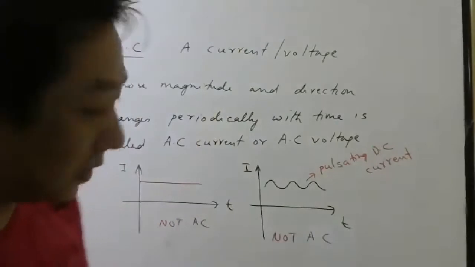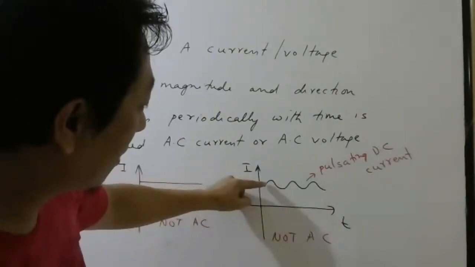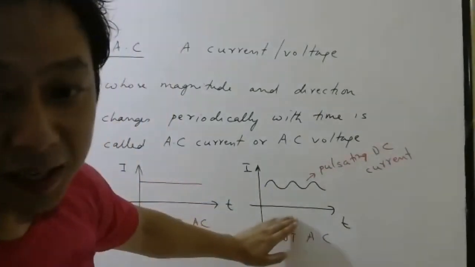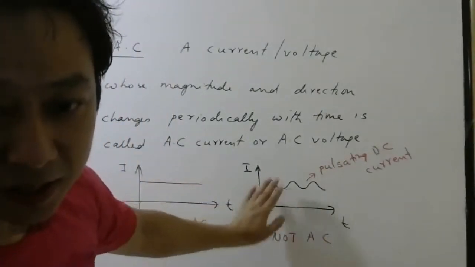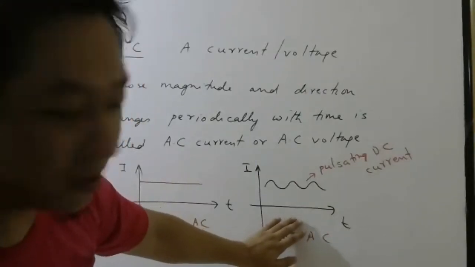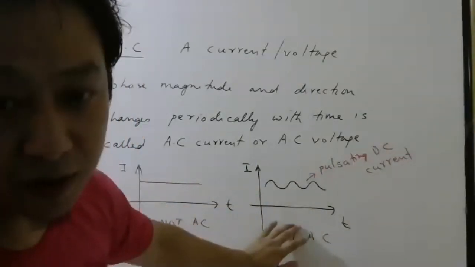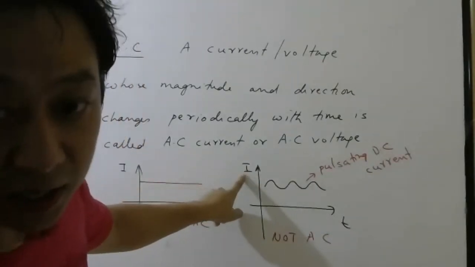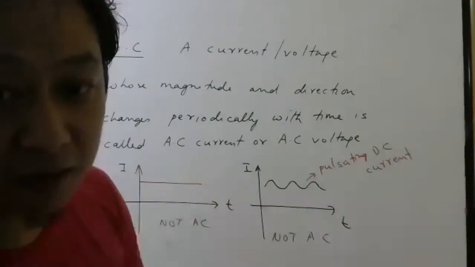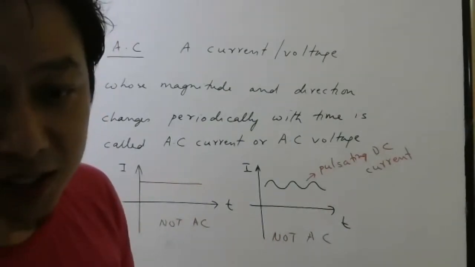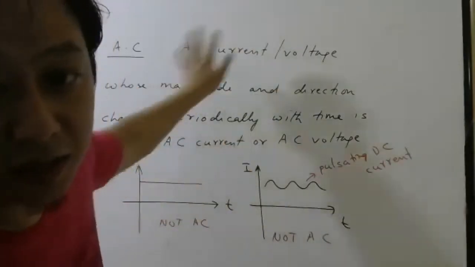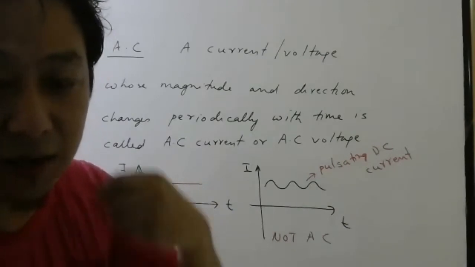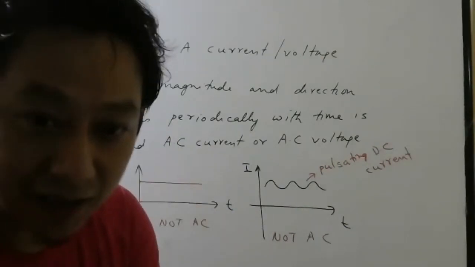So I know the magnitude is changing, 1 ampere, 2 ampere, 2.5, but it is never coming on the negative side. Which quadrant is this? First, second, third, fourth quadrant. Since the graph is not coming in the fourth quadrant, your y coordinate current cannot be negative. If it is not negative, direction does not change. If direction does not change, it will not satisfy our definition of alternating current. So for alternating current, it is important that not only the magnitude, the direction also changes.